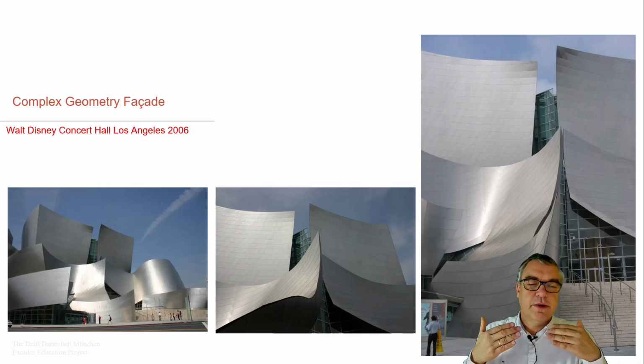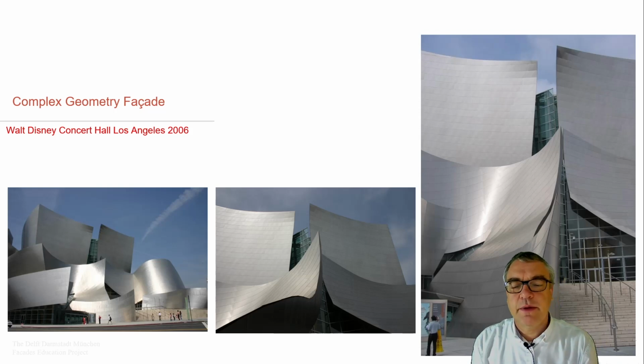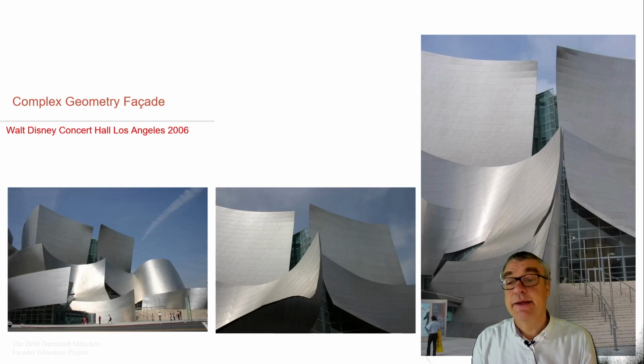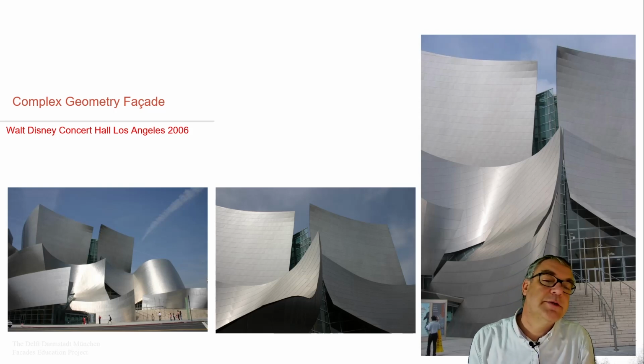This is evaluated deeper and developed for the Walt Disney Concert Hall in Los Angeles, another Gehry project, and we see how nicely they managed to get these free-form surfaces done in shingles. They are even able to get the rain gutters integrated in these systems so that they don't appear.